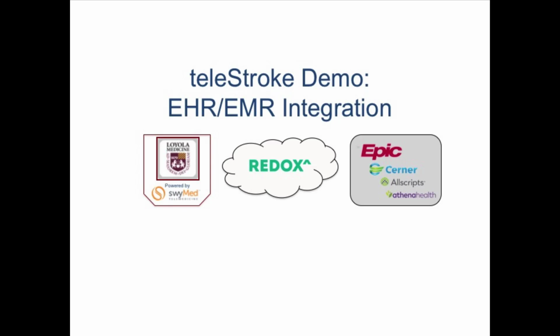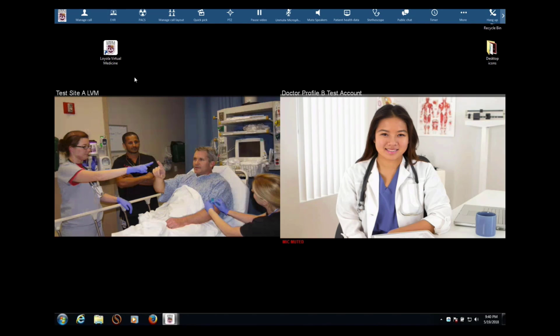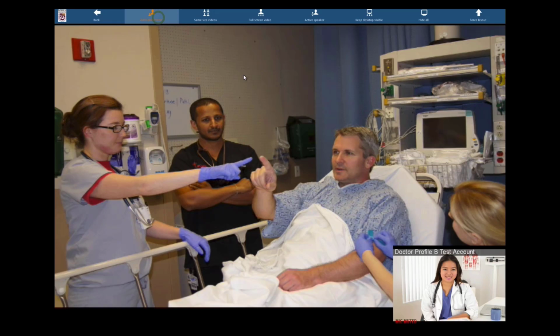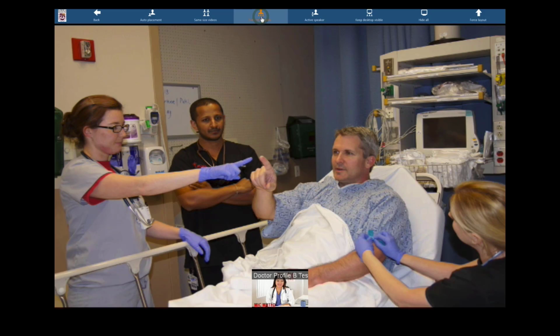This is an overview presentation of swyMed's EMR integration for Telestroke at Loyola University in Chicago. The swyMed environment allows you to show multiple screen views so that the provider can have the layout on screen